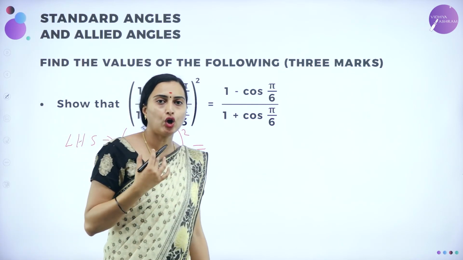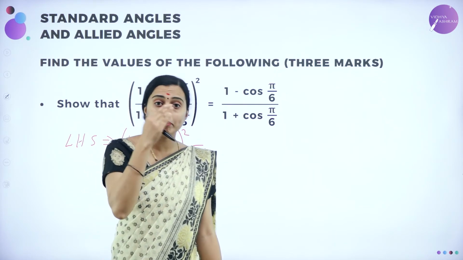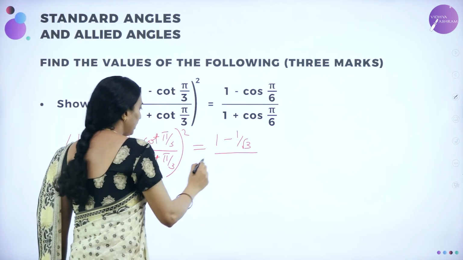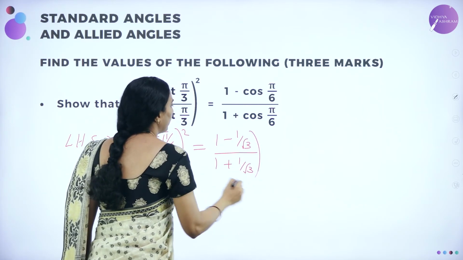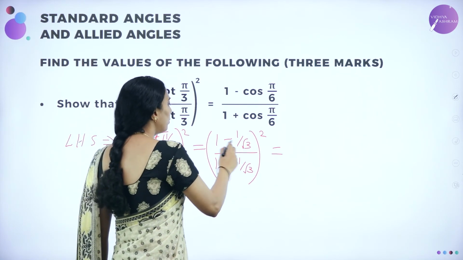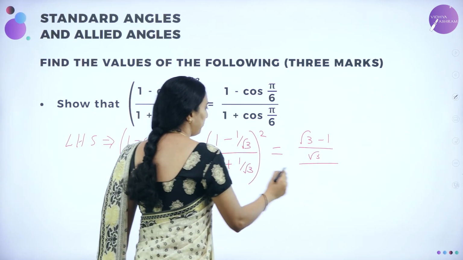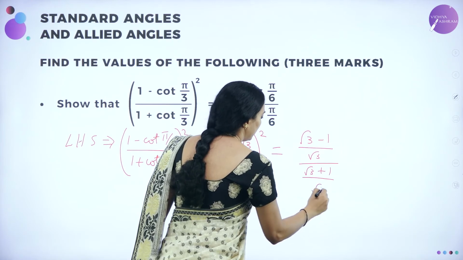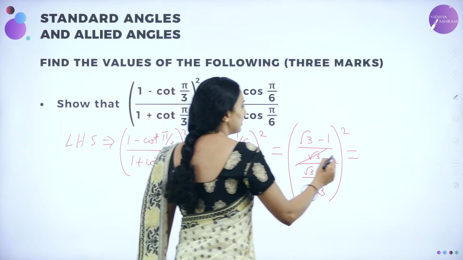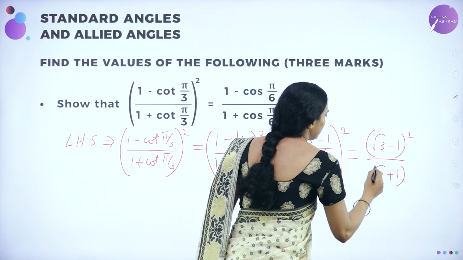Now which implies, now I am going to take the values of cot pi by 3. What is cot pi by 3? Cot you are having 60 degree. What is cot 60 degree? Cot 60 degree is 1 by root 3. So therefore you can write that one as 1 minus 1 by root 3 divided by 1 plus 1 by root 3 whole squared. So which implies that you can simplify this inside. Root 3 into 1 is root 3 minus 1 divided by root 3 divided by root 3 plus 1 divided by root 3 whole squared. Which implies, see, root 3 will get cancelled. Root 3 minus 1 whole squared divided by root 3 plus 1 whole squared.